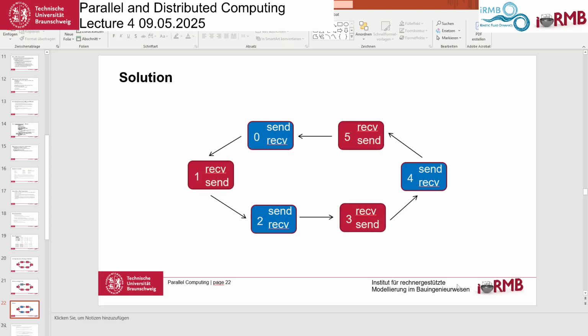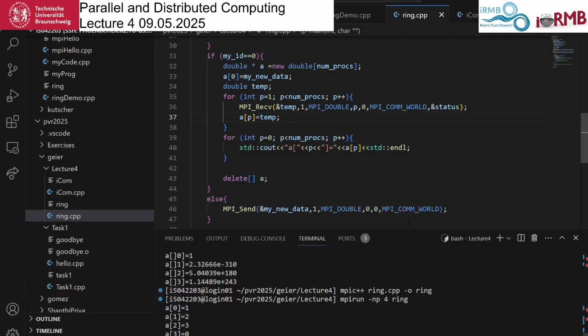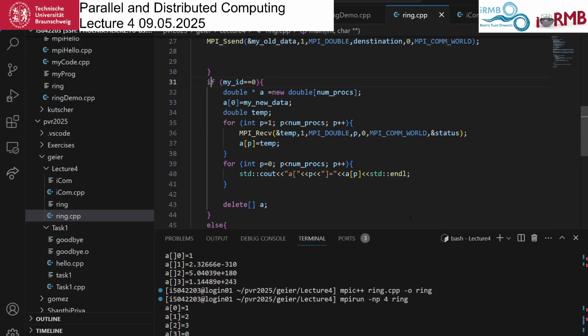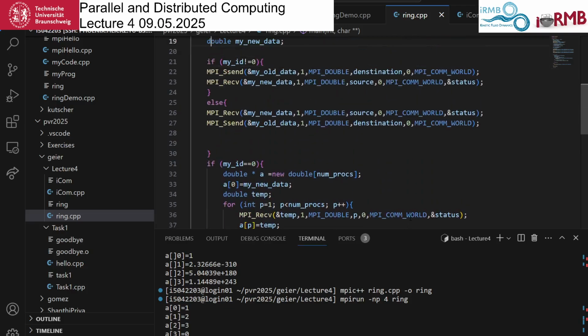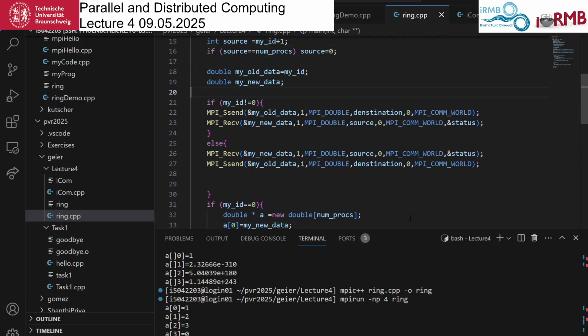So taking every second place to break the ring, and going back. So here I'm in the wrong place. So what we should do instead of breaking the ring only in position 0 is to see whether